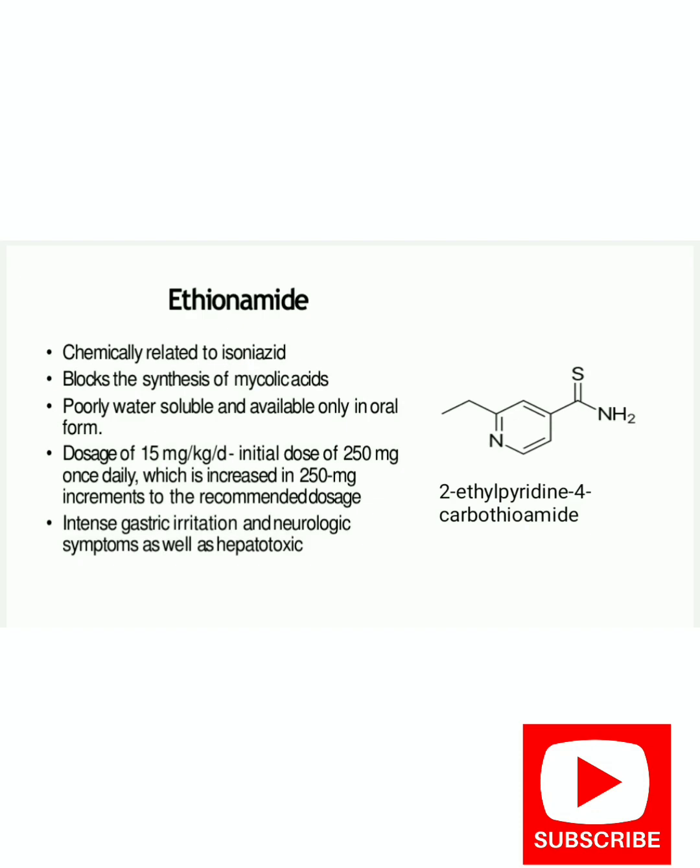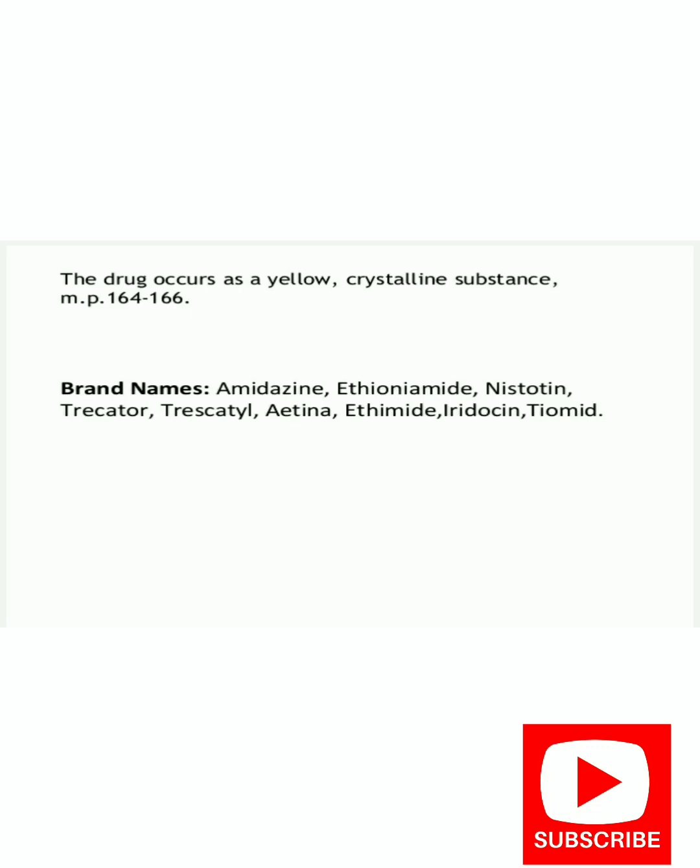Ethionamide is chemically related to isoniazid, so in some cases it is given in combination. The drug occurs as yellow crystalline substance. The melting point is 164 to 166. The brand names for this are amidazine, ethionamide,